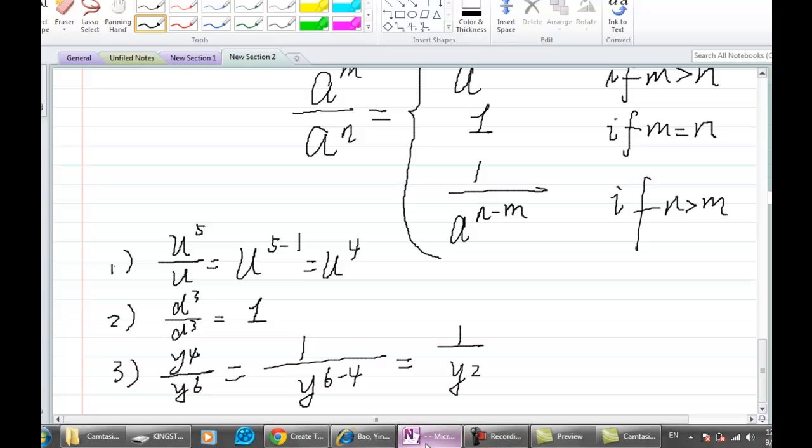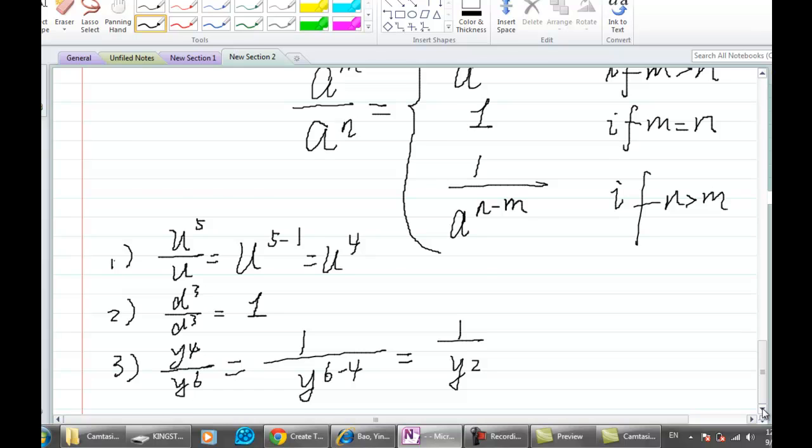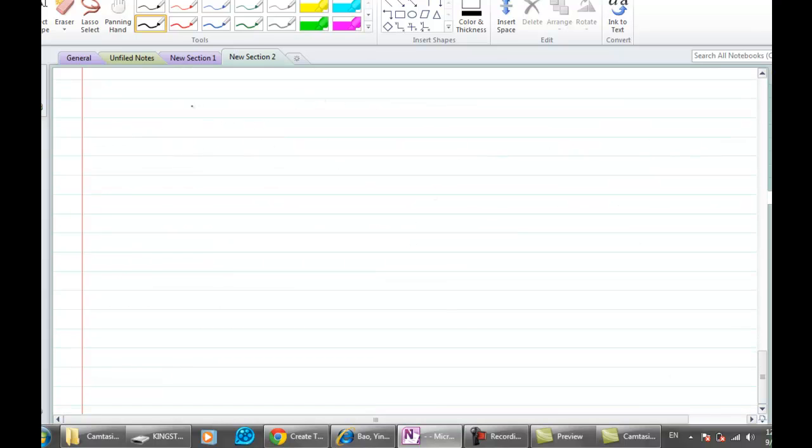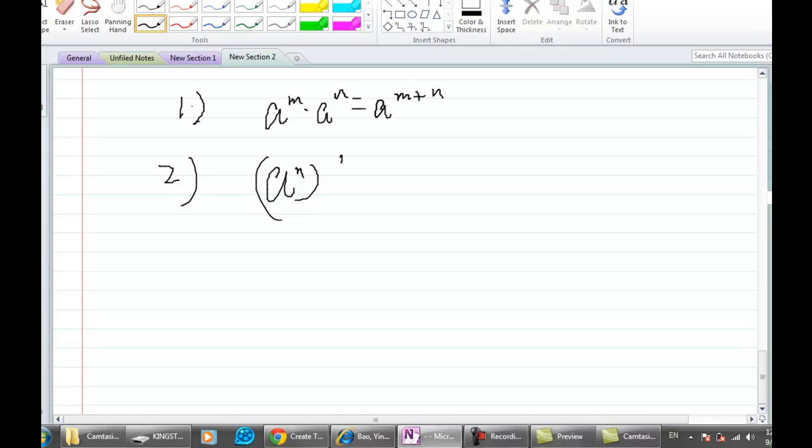So that's what we are going to cover, these 5 exponent laws today. And now to make a conclusion, let's write it together. The first one is, and the second one is, now the third one is